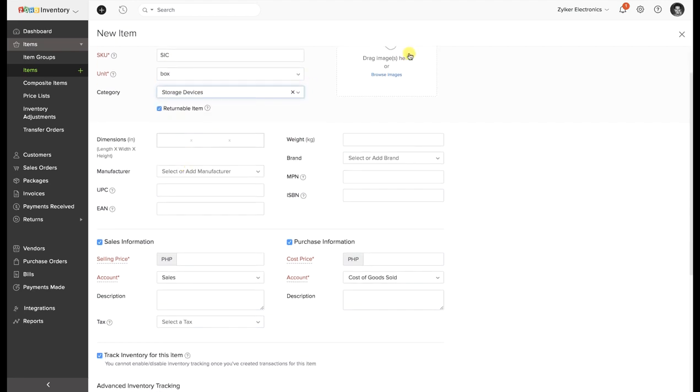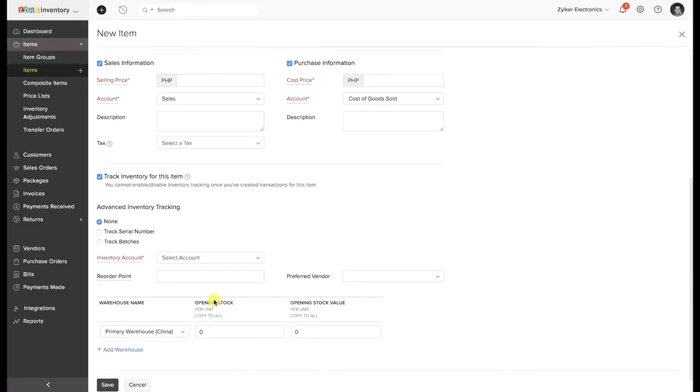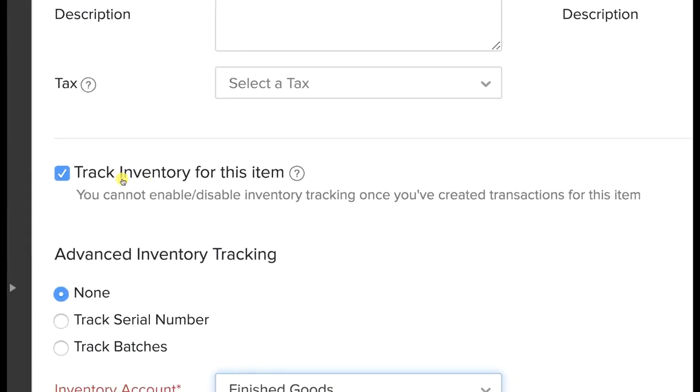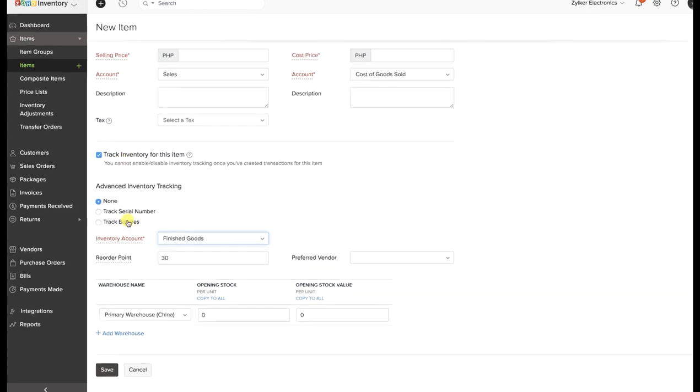You can associate up to 15 item images to a single item listing. Setting up a reorder point comes in handy when you want to receive an email alert whenever the stock gets depleted to a value below a set point. If you would like to track the inventory for your items, then enable the checkbox that says track inventory for